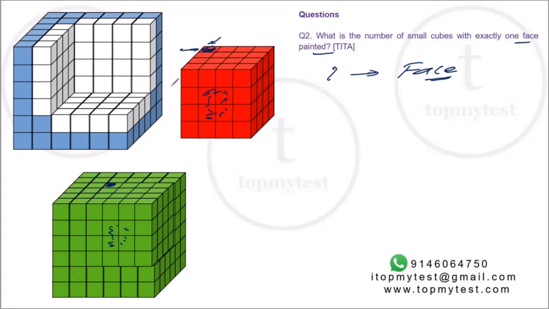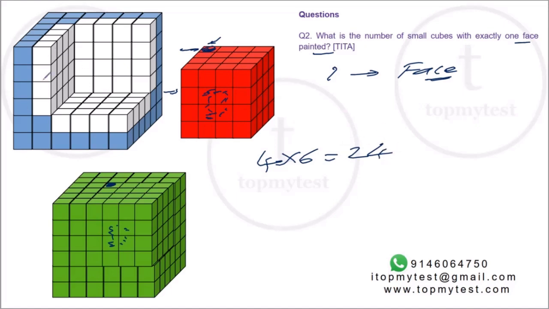Right. On the other hand, there will be 4 face cubes like this on the left face. They will stick inside, they will not get painted over, but they will still have one face painted. Right. So you'll have to count those. So first let's count the face cubes here. 4 on 1. So from a 4 cross 4, it becomes a 2 cross 2. So 4 pieces on one face into 6 faces of the small cube. So there are 24 pieces. Right, so we've taken care of this.